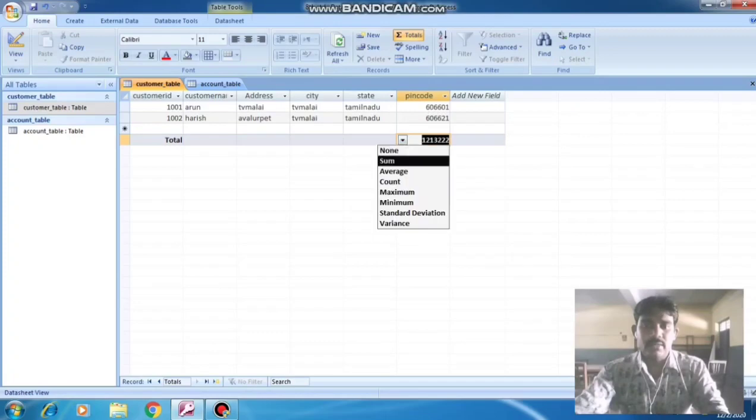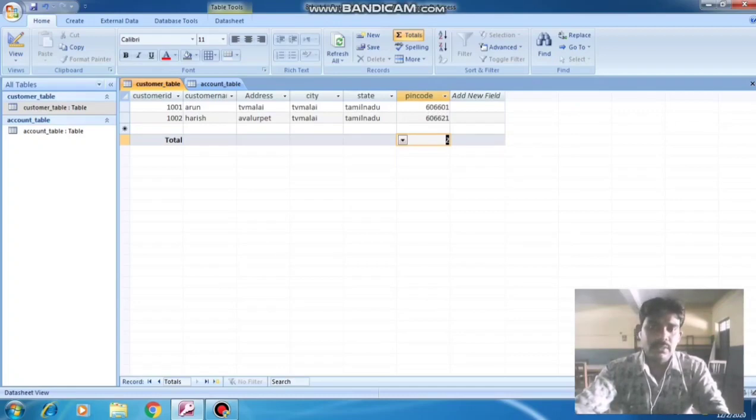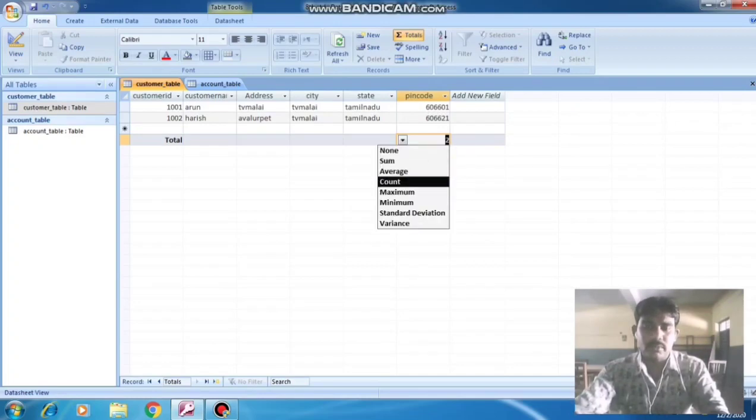For the pin code it will add and display the sum. Next one, I click average. Average of these two, so this is the average. Next, count. What is the count, sir? 1, 2. I have only 2 records. That is the count, only 2 pin codes I entered. Next, the maximum of that pin code is 621. That is the maximum value. Minimum value